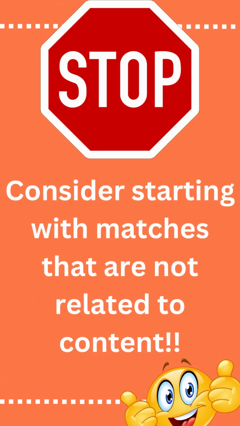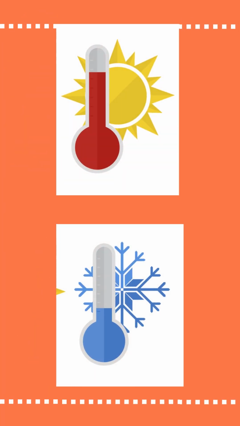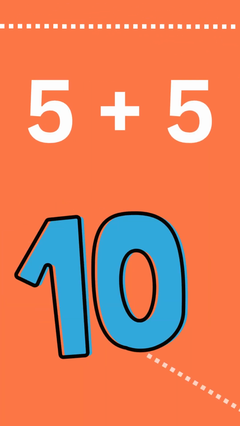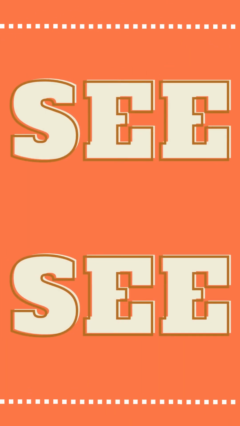But stop. Pump the brakes for just a minute. If you have never done this before, you might want to consider starting with matches that are not related to content. For example, I might use something like hot and cold, peanut butter and jelly, Batman and Robin, up and down, something that has a connection. You also could do something like math problems, present a problem and the solution. You could even do sight words where students have to find the sight words and then read the sight words